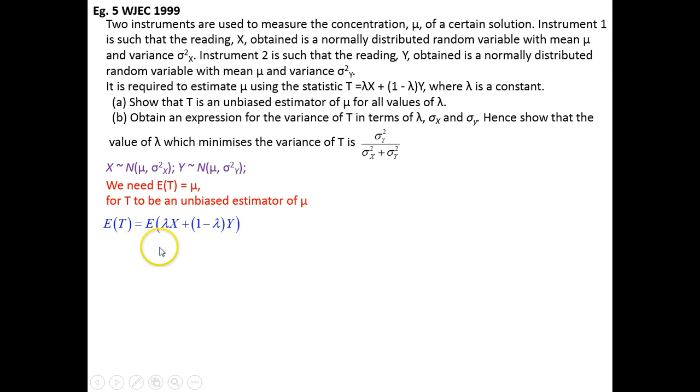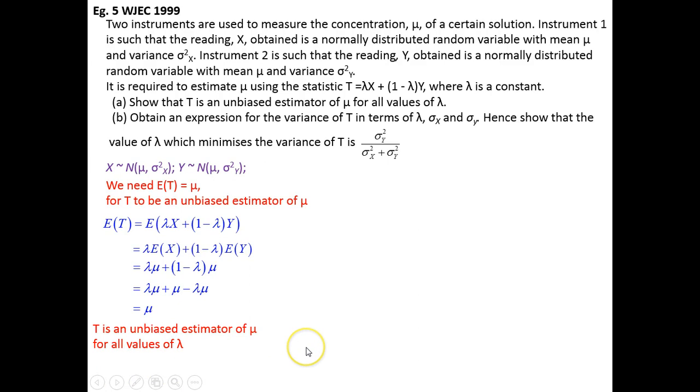We can take the expectation in, this lambda times expected value of x, plus 1 minus lambda times expected value of y. Expected value of x is mu, expected value of y is mu. So we have lambda mu plus 1 mu minus lambda mu, leaving us with mu at the end. So expected value of t is mu, therefore t is an unbiased estimate of mu for all values of lambda,